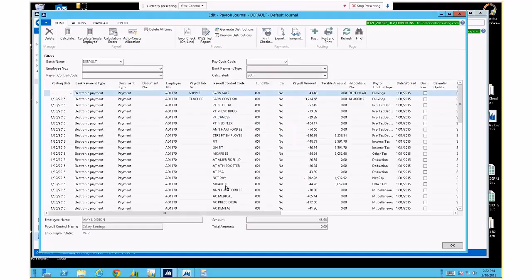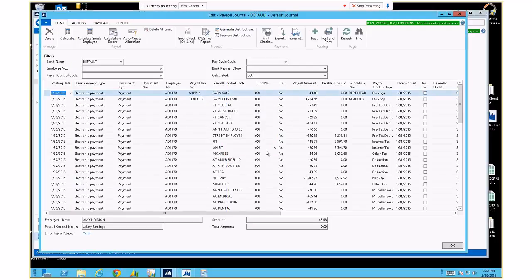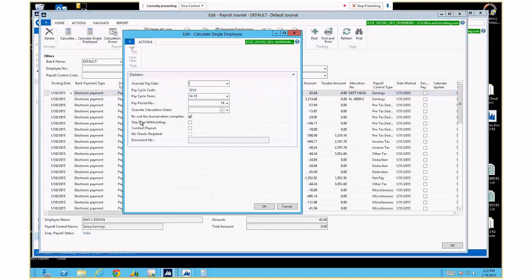And voila, nothing happened. I don't think nothing happened. Let me just do a calculate again. I don't think this will do anything different. Yeah, it's interesting. So I'm going to try one quick thing real quick and just do a